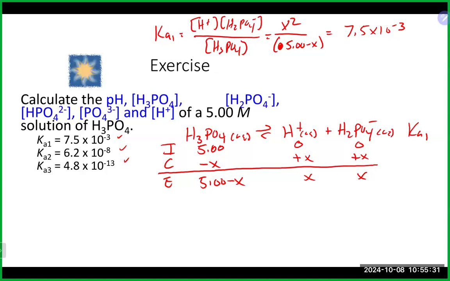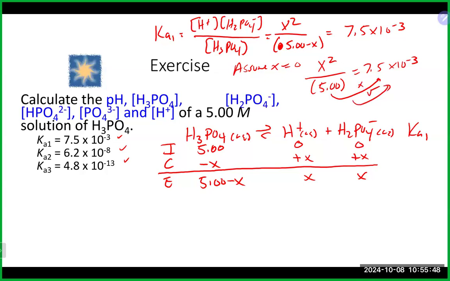In this particular case, I'm going to assume that x is approximately 0 and give it a go. That gives me x squared divided by 5 equals 7.5 times 10 to the minus 3. We multiply and then square root. We take 7.5 times 10 to the minus 3 times 5 and square root it. And that gives me an x value of